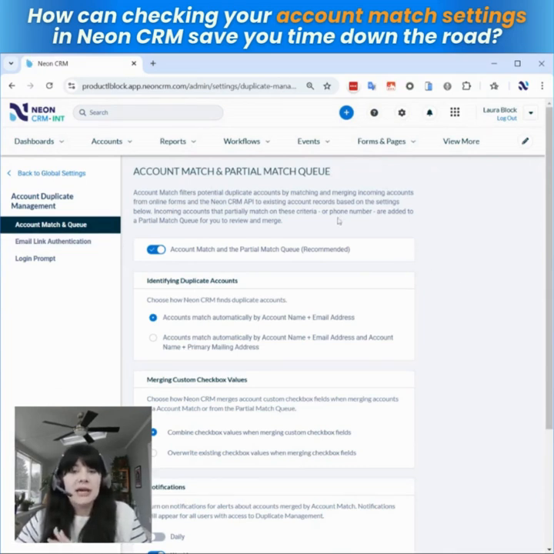So first up, if you're a longtime Neon CRM client, double check whether you have the account match tool turned on or not. This is something we've released multiple years ago now, but if you missed it, it's a really great tool. What this will do is automatically deduplicate new accounts that are coming into your system when they're imported